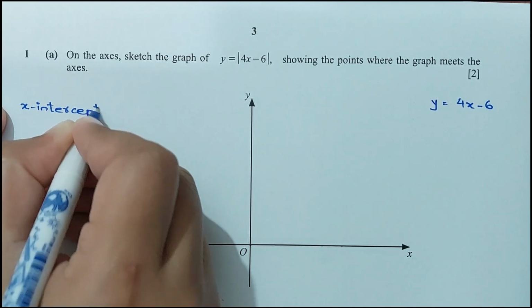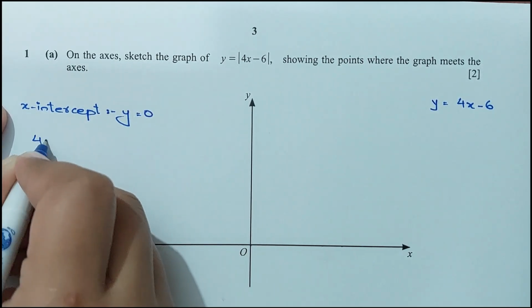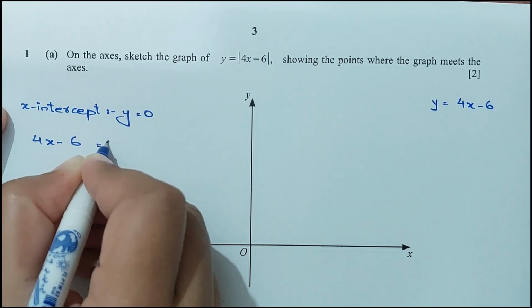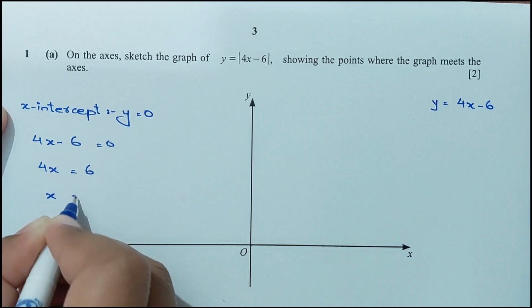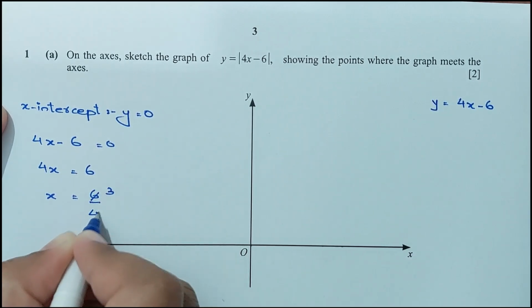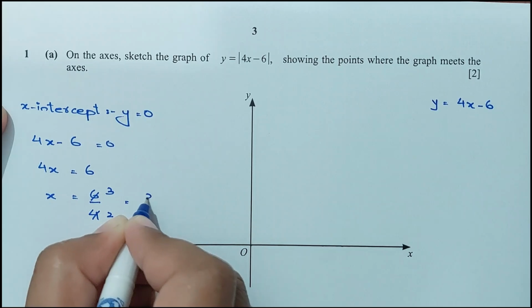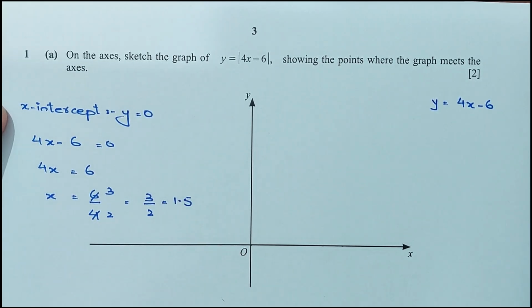For the x-intercept, we have to put the variable y equals 0. So when y is 0, 4x minus 6 equals 0. From here 4x equals 6 and x equals 6 over 4. 2 times 3 is 6, 2 times 2 is 4, which is 3 by 2, and 3 by 2 is 1.5. That is my x-intercept. Now for the y-intercept,